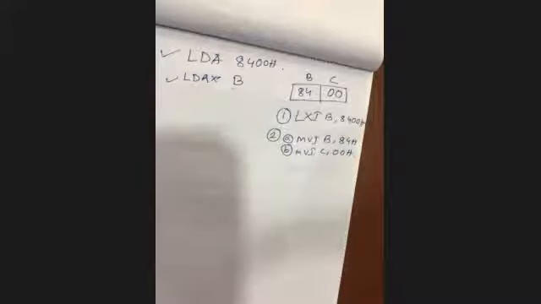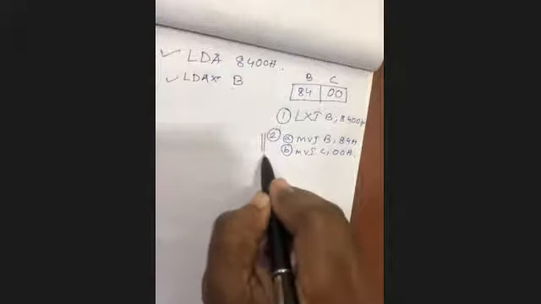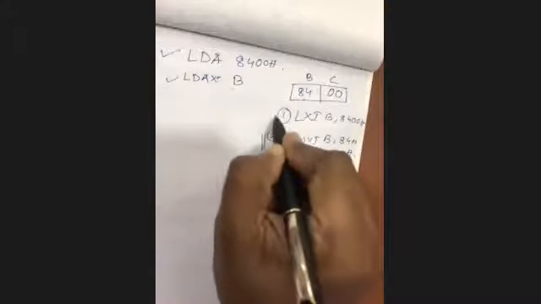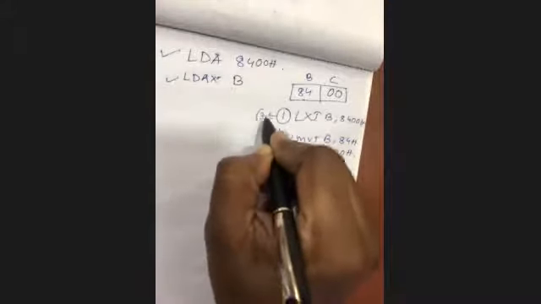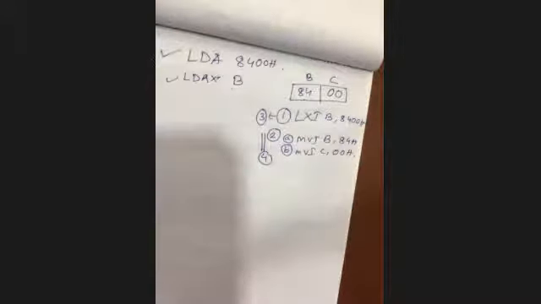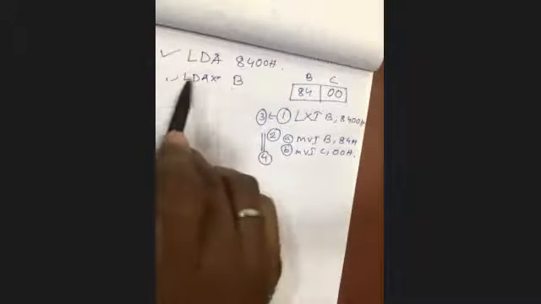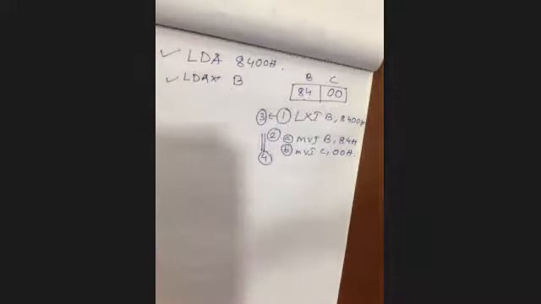Any queries, you can ask me. Why are we not using these two? I already told you, this is a 4-byte instruction and this is a 3-byte instruction. That's why we are using this instruction. LDAX B is clear? So LDAX B can be possible and LDAX D can be possible. Is it clear? Yes, sir.